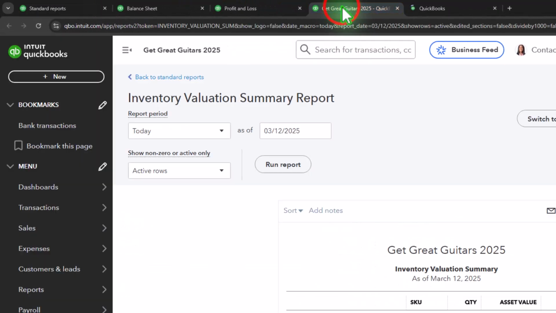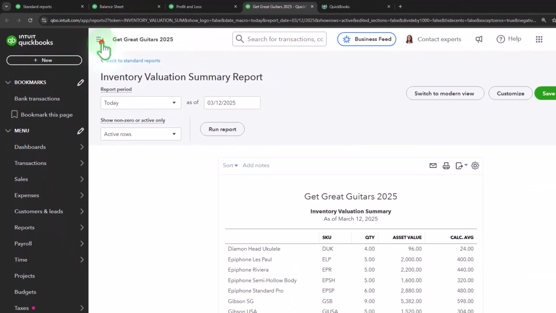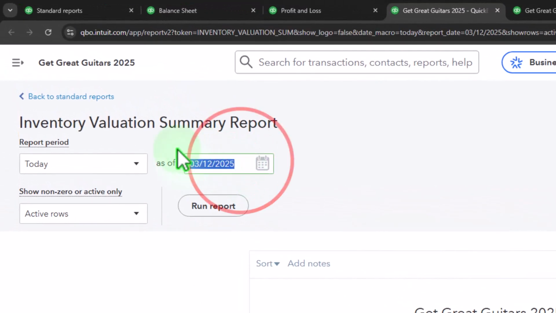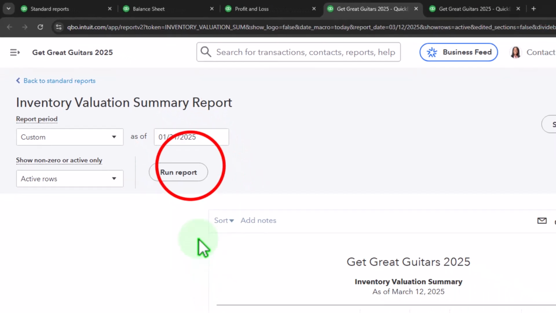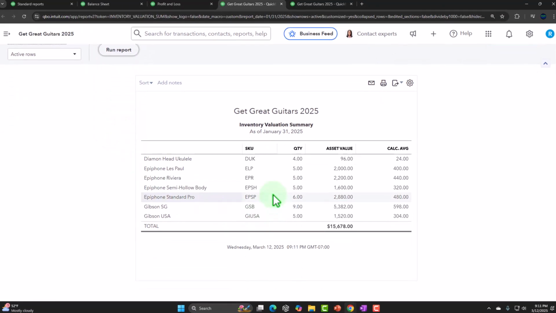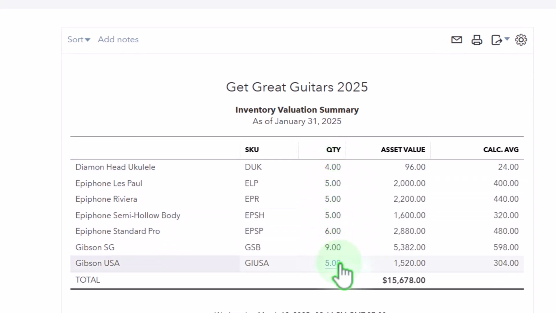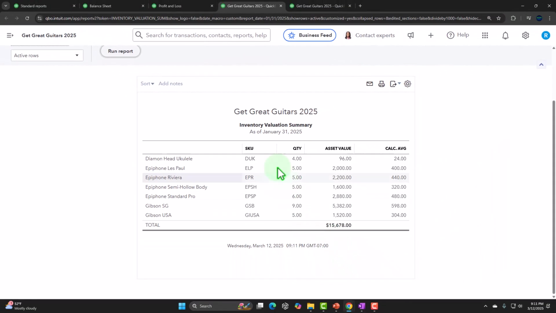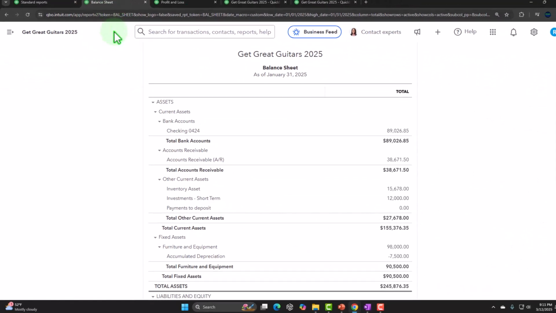Let's go to the new tabs that we just opened to check them out. What happened over here with these new tabs? I want to see what's going on. 01/01, and 01/31/25. Run it to refresh it. There's the inventory. Here's the new quantities of the inventory. The quantity times the cost of the inventory gives us the asset value at cost, not the sales price, $15,678, which should tie out to what's on the balance sheet,